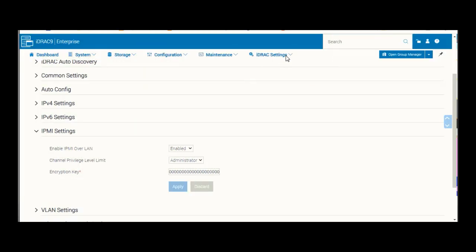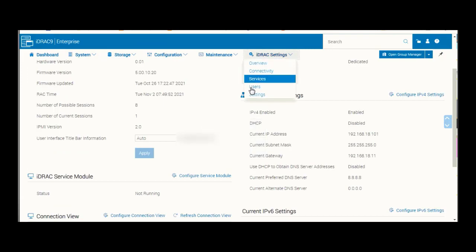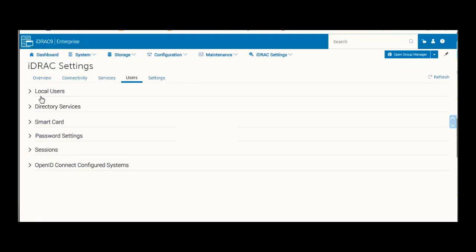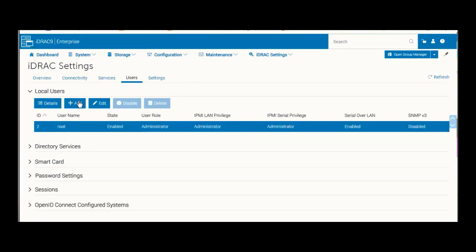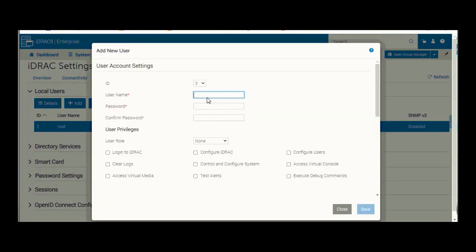We should not use the root user, so we are going to create a new separate user, because for security reasons some organizations disable the default root user. It is better to create a new fence user with read-only rights. So let's create a user and give the password. In the user role, click on read-only.